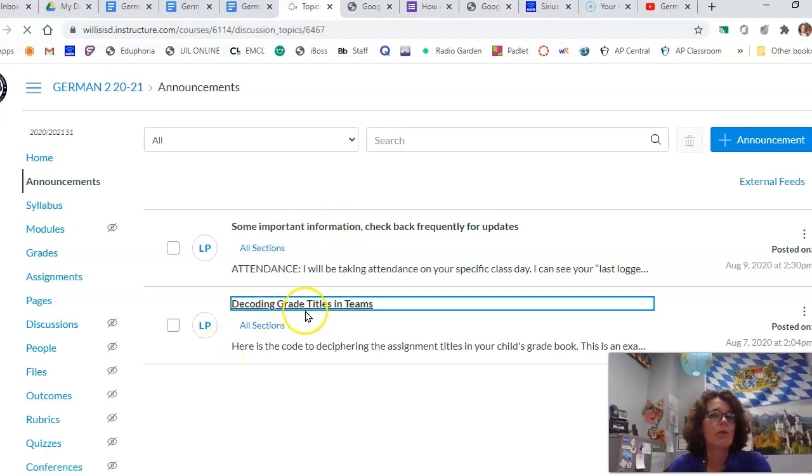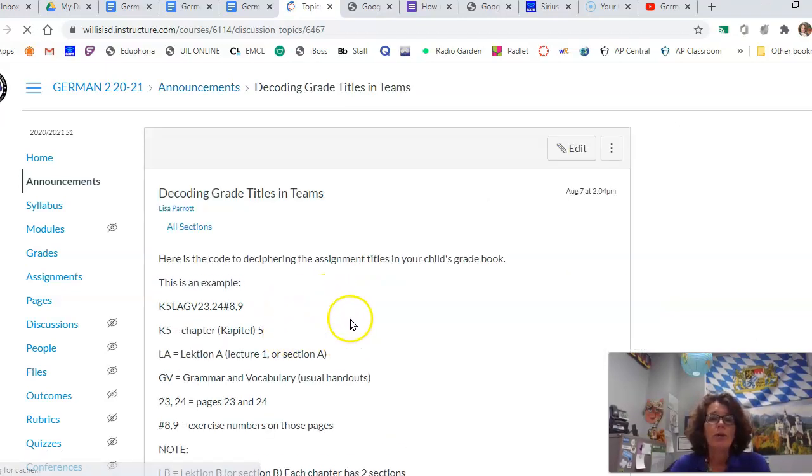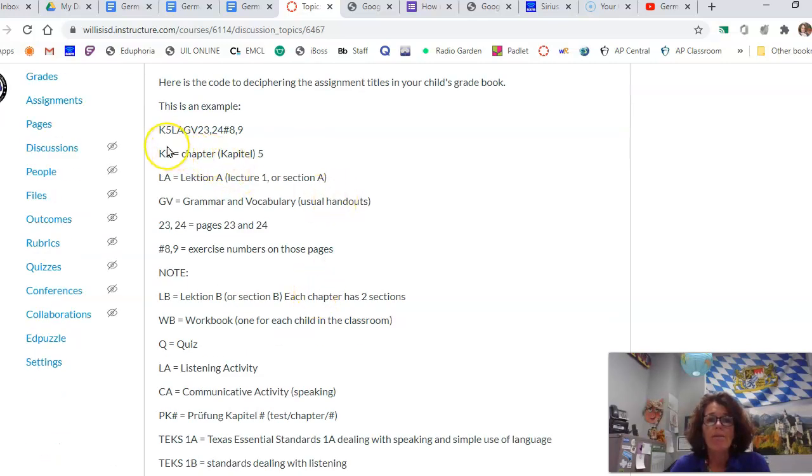If you recall, some of you didn't understand when you saw grades and things like that in the grade book. I put that right here on Canvas. It's also on my teacher webpage. If you might get something like K5, there's actually a DA1 in front of it. That just helps me remember it's Deutsch Aktuell 1, which is the book you're learning, the blue book.